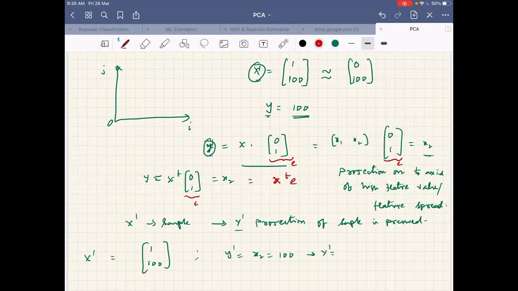Here it is a basis vector, like the X axis or Y axis basis vector. So you are projecting onto the direction where there is more spread or higher feature values, and that is what I represented. So now I have got small y by using the operation X transpose E.